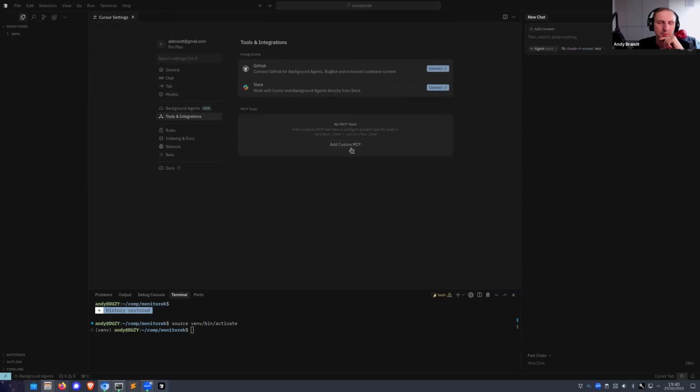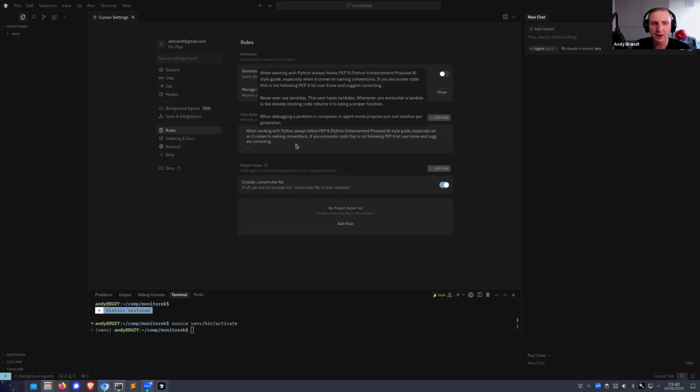You can add MCPs, though so far I didn't find MCPs that would be useful for me personally because I'm not using Notion, I'm not using Slack, I'm not using all those things. But I'm sure I will find some in the future. Now, what is interesting here is rules. And for example, you have general rules, and I have those are my rules.